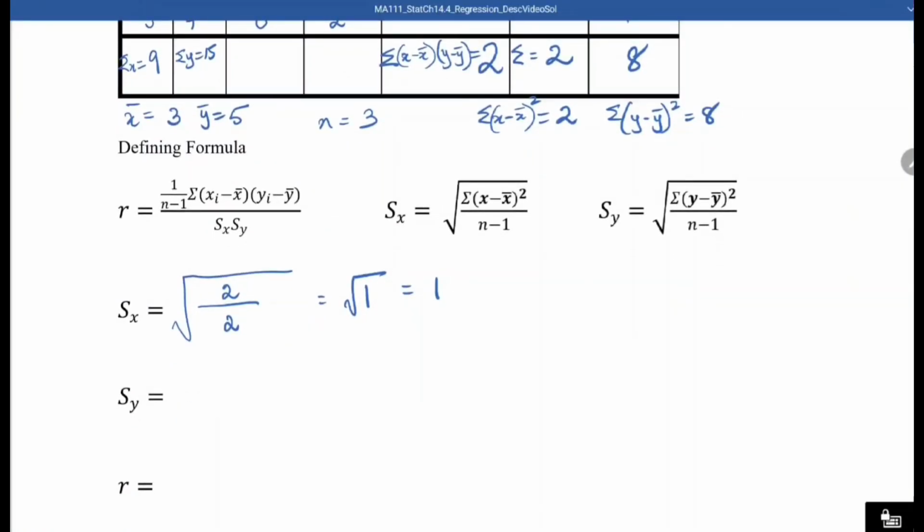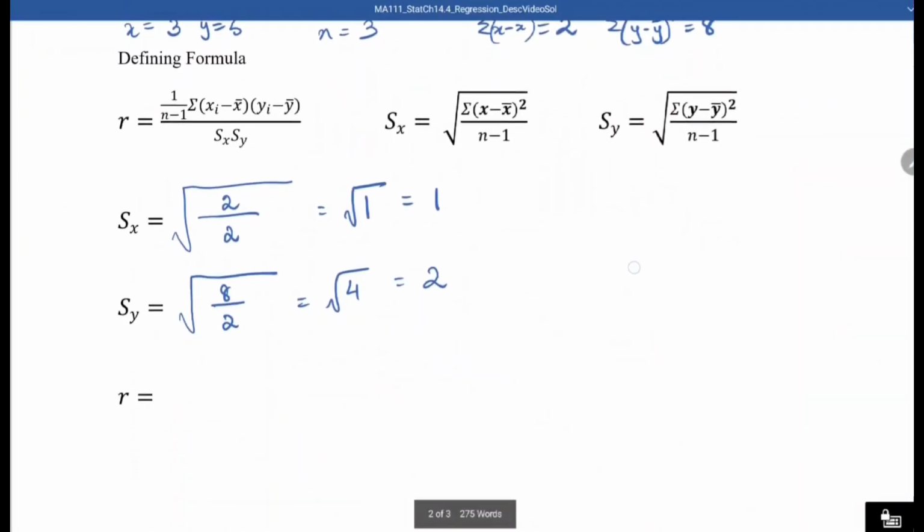S sub y, again, this time use the summation of y minus y bar squared. So that's 8 divided by n minus 1, which is again 2. So the square root over 4, which is a positive 2. And finally, r is,